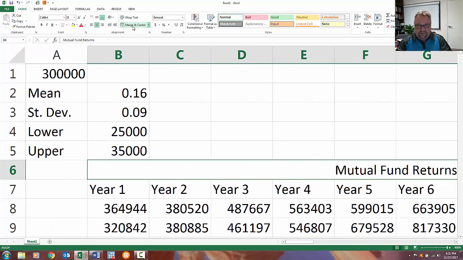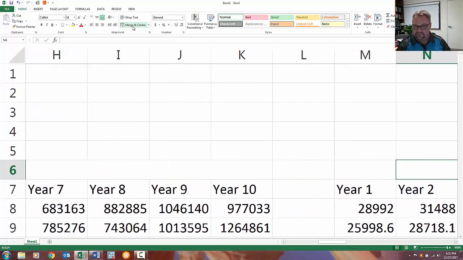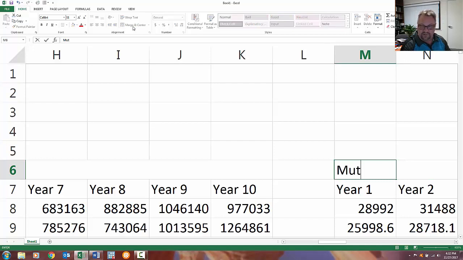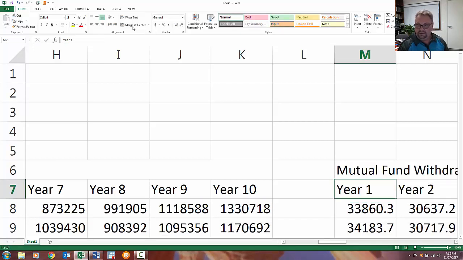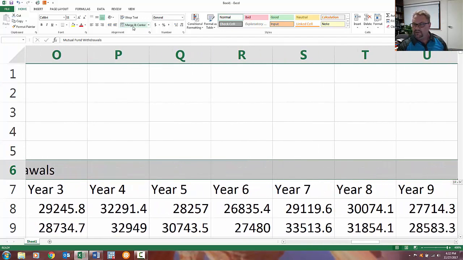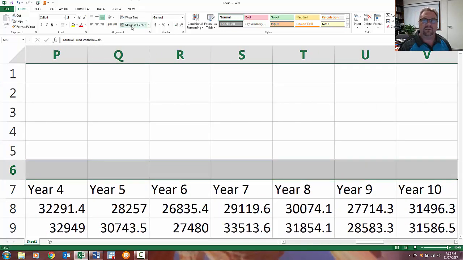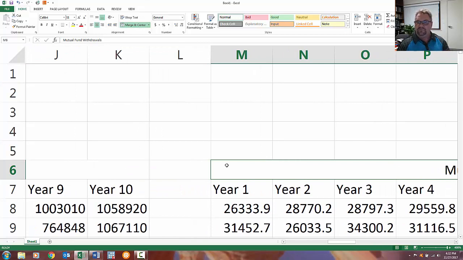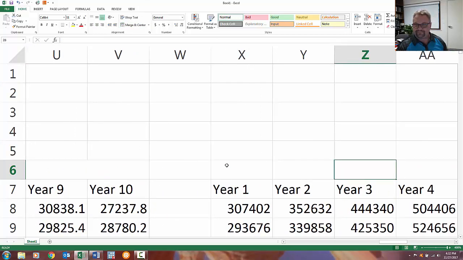So this set of years is my mutual fund returns. And then this will be my mutual fund withdrawals. Sorry, I can't speak and type at the same time, but then I can barely type to begin with. So, mutual fund withdrawals, and then here I'll say